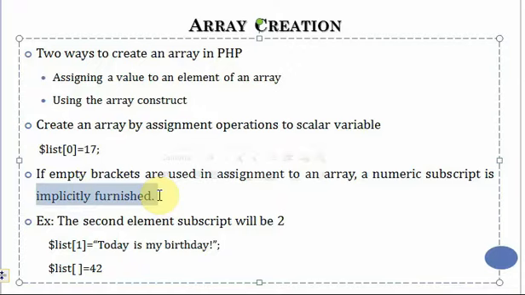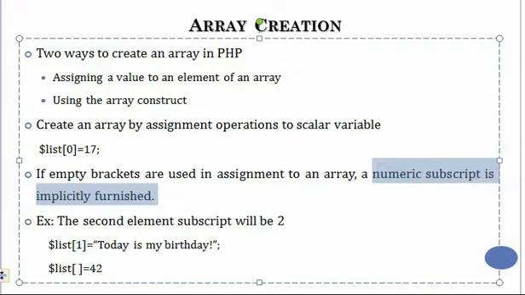So in this particular example, you have not mentioned any key value. In that case, a numeric subscript will automatically be assigned. What that numeric subscript is, we will see.